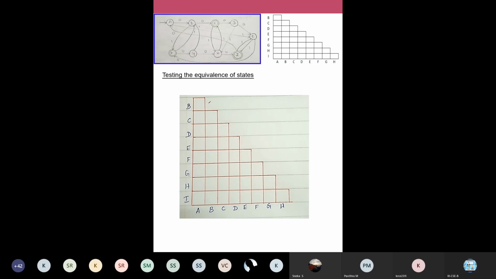As I told you, since there are 9 states, you'll have 8 rows and 8 columns. So draw a big L shape covering 8 rows. Then draw a 7 shape, and as you keep drawing you will get your table ready. Then when writing the names, on the left hand side you leave the first state A and start from your second state onwards, B C D E F, like that. When naming your columns, you start from A till H.